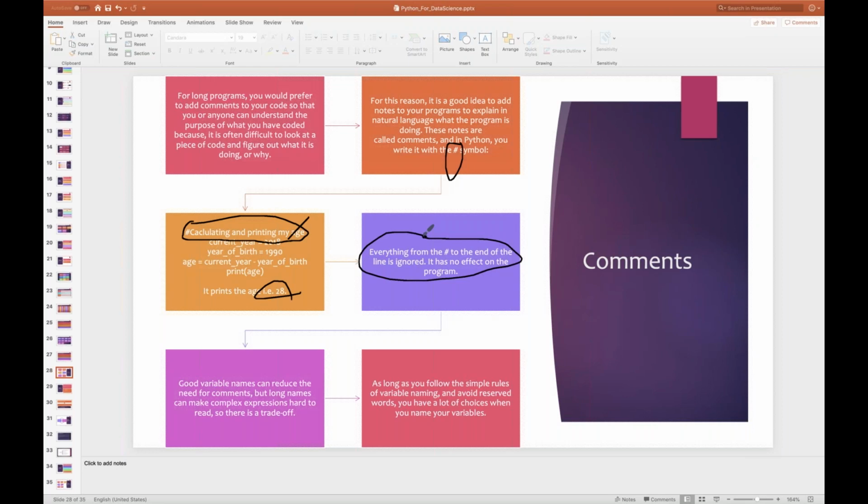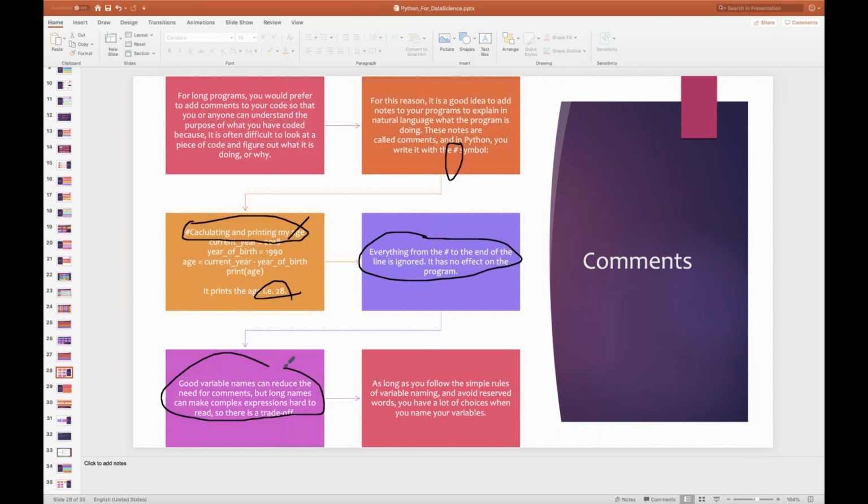Super. We understood that. Now, good variable names can reduce the need for comments, but long names can make complex expressions hard to read. So there's a trade-off.